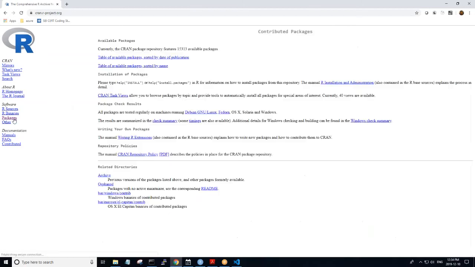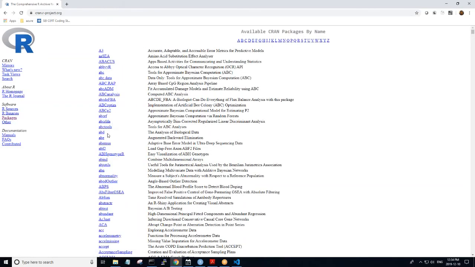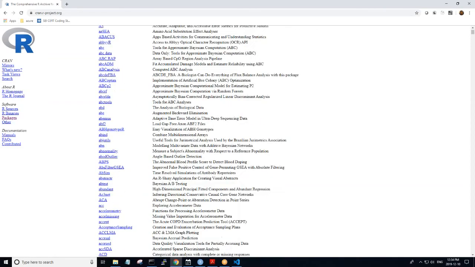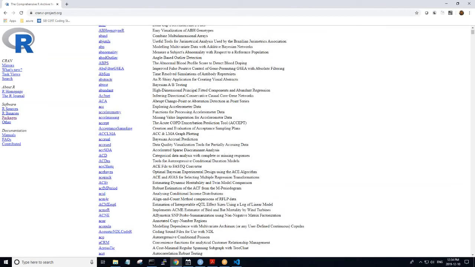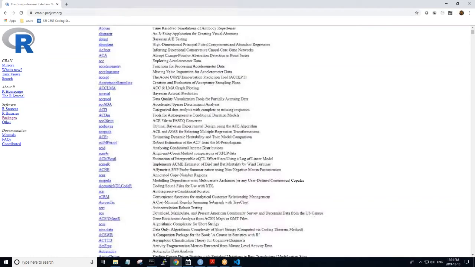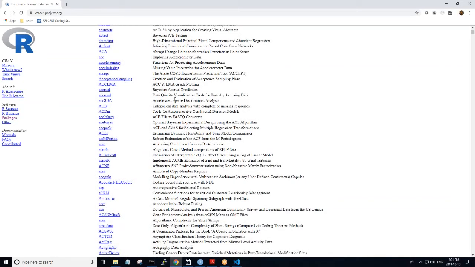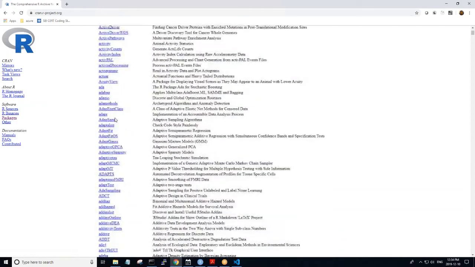If we go into the packages that are supplied here and take a look at available packages, we can see the kinds of packages that are available. You'll see there's an incredible range of things, from Bayesian A/B testing to a data quality visualization tool for partially accruing data.